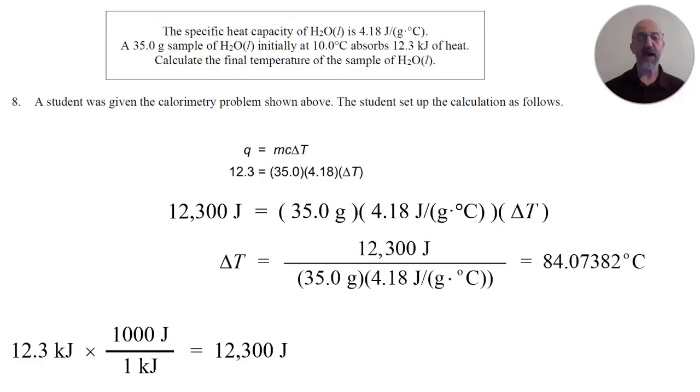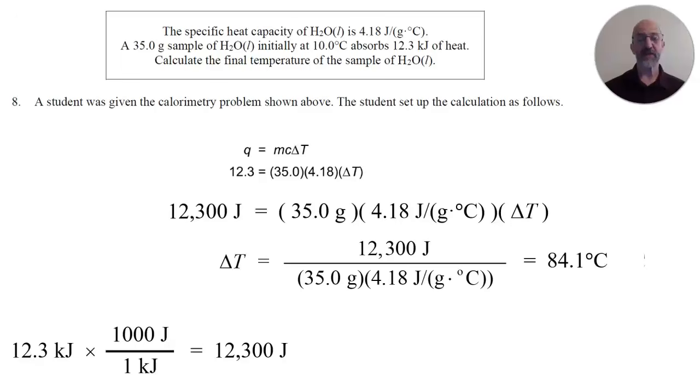And when I do this math on my calculator to solve for the change in temperature, it's going to be 12,300 joules divided by 35.0 grams divided by 4.18 joules per gram degree Celsius. And rounding off to 3 significant figures, I get a delta T of 84.1. Now, that's not my final answer for the final temperature of the sample of water, but that is the